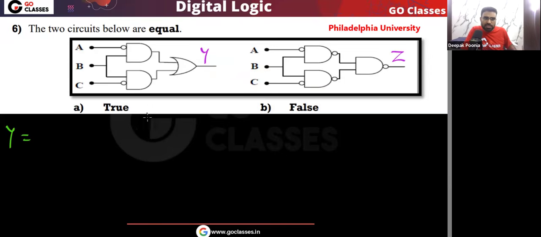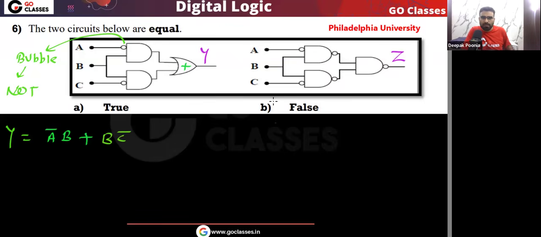So tell me what is y here. You can easily see this is the AND gate, and this bubble simply means not. So remember, for this AND gate, one of the inputs is a bar, another input is b, so it will be like a bar b. Or, because this is the OR gate, here we have this OR gate. So or this another AND gate, one of the inputs is c bar because this bubble means not, and another input is b, so it will be like b c bar. Okay, so this is y.